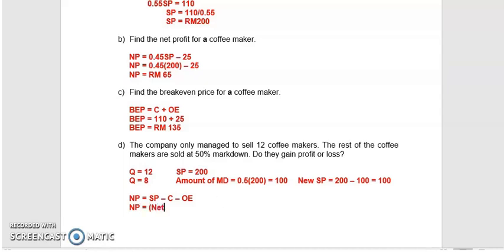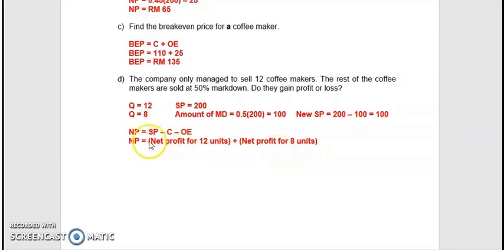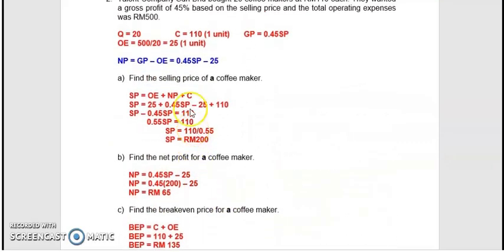Net profit for 12 units plus net profit for 8 units. If you get positive, it means that we will get profit, and negative means that we will get otherwise. Instead of using this formula, if you look at previously, we already have a formula